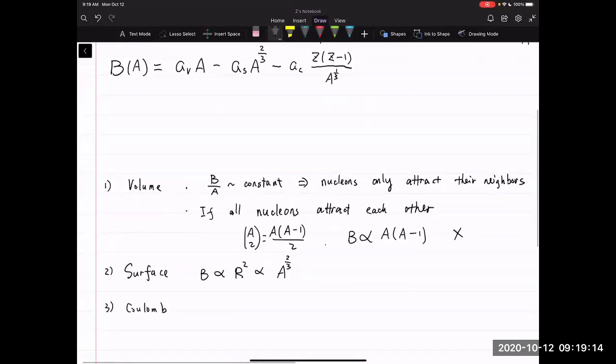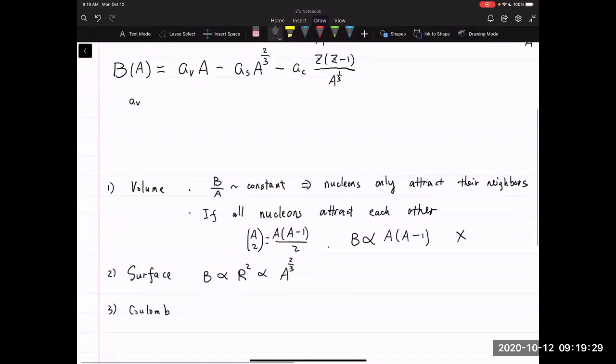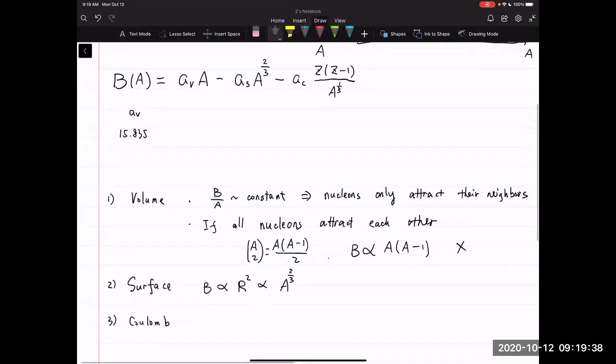And then for all these AV, AS, AC, there are prefactors, coefficients with a number. And for AV, let me write down the number. So AV is 15.835. Of course, all the units are MeV. Put the unit here. The unit is MeV. Okay, and the surface coefficient is